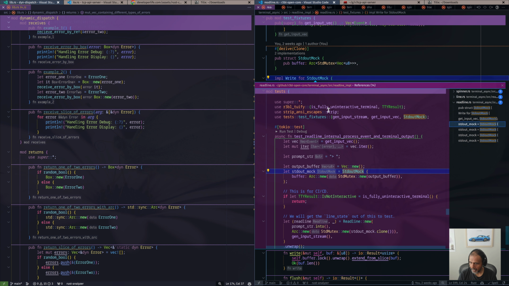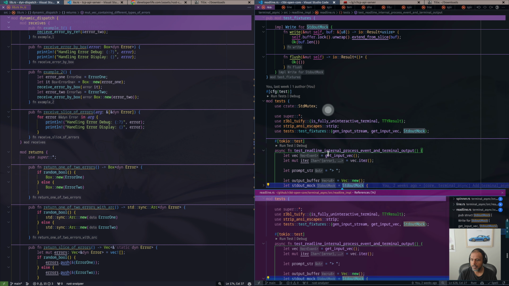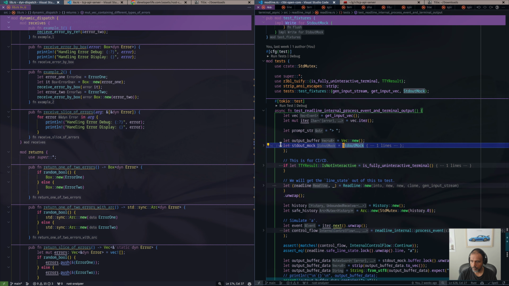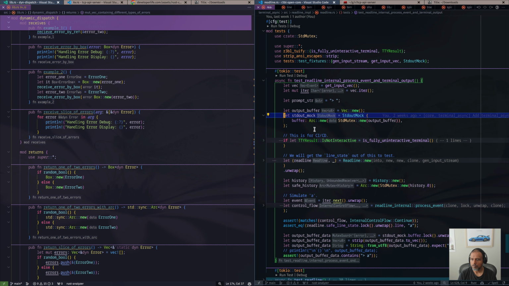So if you look at this test right here, what it does is that this is test read line something, something, something. Essentially, it goes, all right, let's make an output buffer, and we're going to pass that output buffer into the